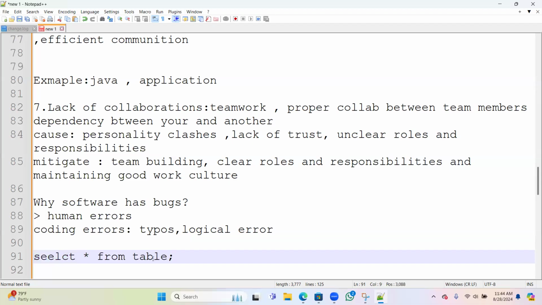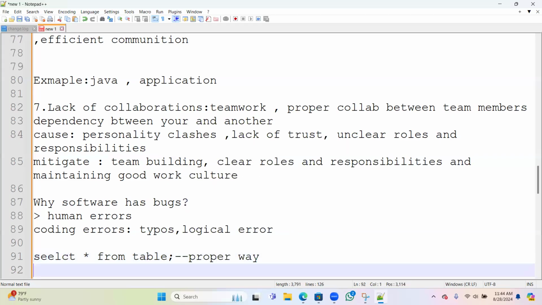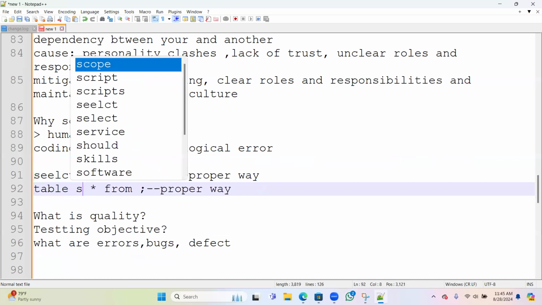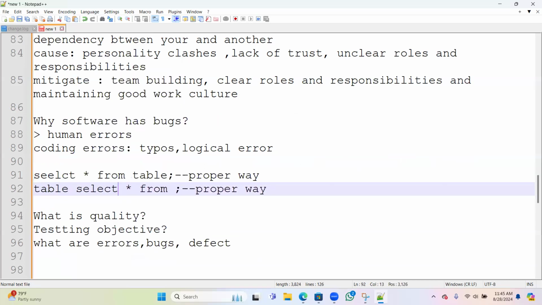So select star from table, this is the proper way. What the developer did, he wrote it like this: table, select star from. That doesn't make any sense.